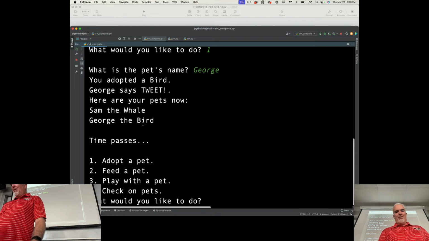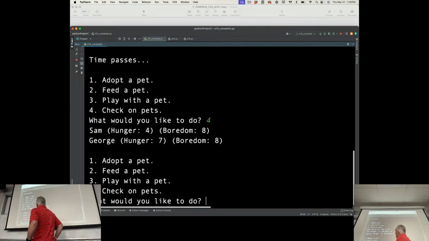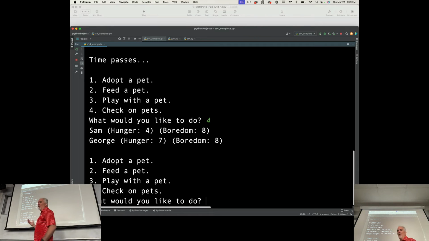And the reason that time passes is because if I check on my pets, I have created integers that represent hunger and boredom for my pets. If either the hunger or the boredom reaches zero, my pets run away. I decided in a previous class that having them die was just too morbid, and who needs more death in the world? So they just run away to find a new owner